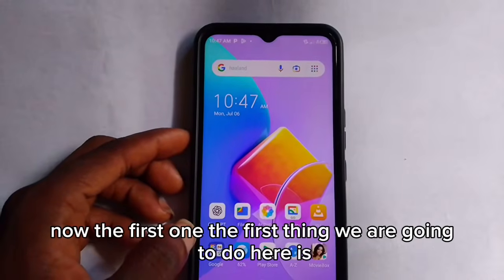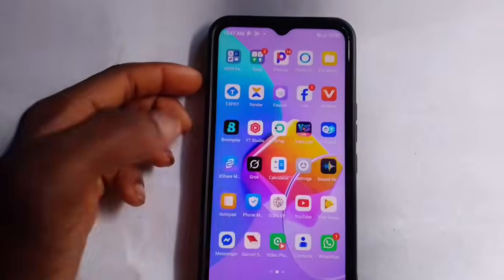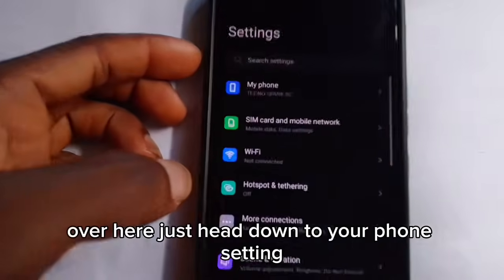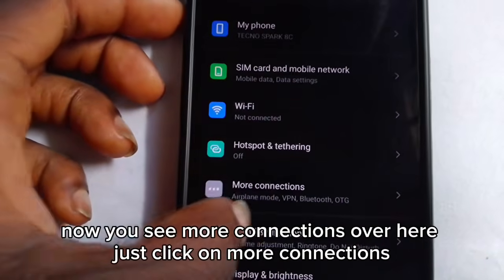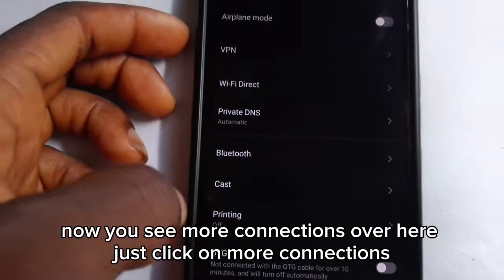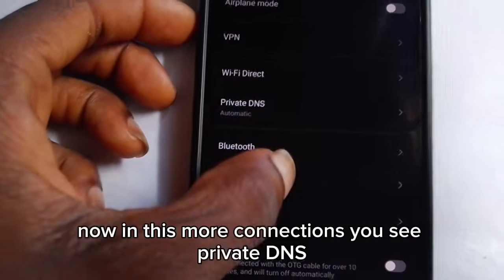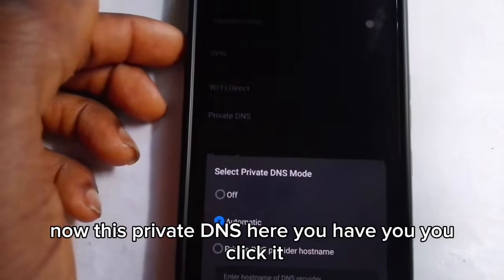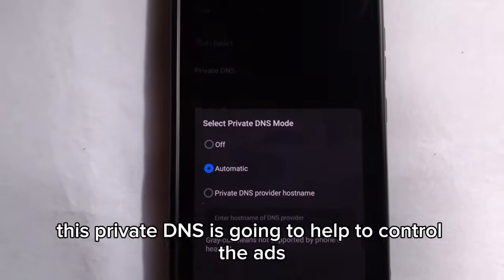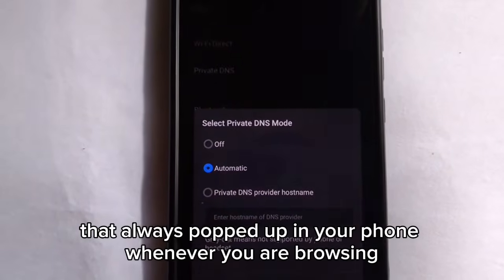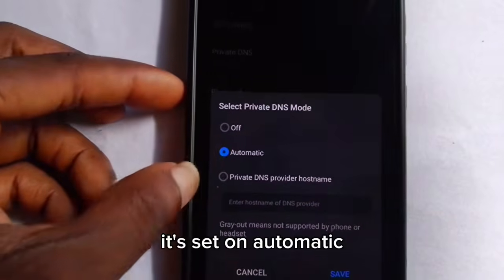Now the first thing we are going to do here is head down to our settings. Just head down to your phone settings. Now you see More connections over here. Just click on More connections. Now in these more connections, you see Private DNS. Now this Private DNS here, you click it. This Private DNS is going to help to control the ads that always pop up in your phone whenever you are browsing. So now, as you can see here, it's set on automatic, so you are going to put it on